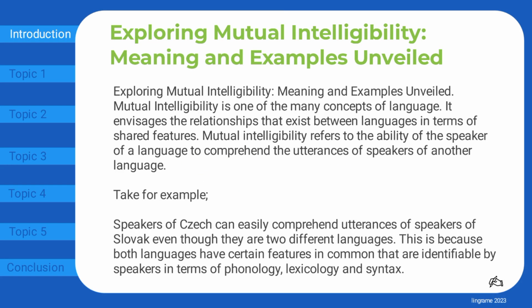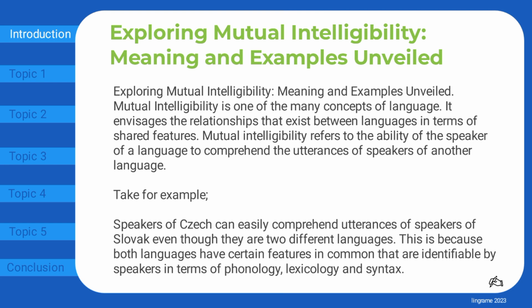Exploring mutual intelligibility, meaning and examples unveiled. Mutual intelligibility is one of the many concepts of language. It envisages the relationships that exist between languages in terms of shared features. Mutual intelligibility refers to the ability of the speaker of a language to comprehend the utterances of speakers of another